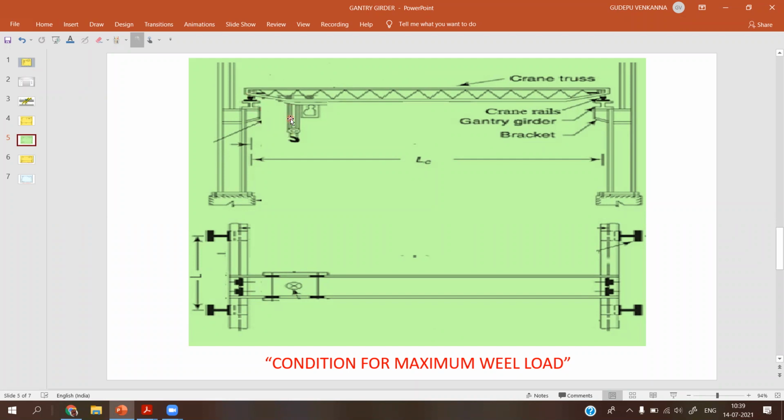The maximum wheel load position is on the gantry girder, but we do not have a facility for the hook to go all the way onto the gantry girder, so we have only some approach distance, up to this point, because this is a sloped portion.